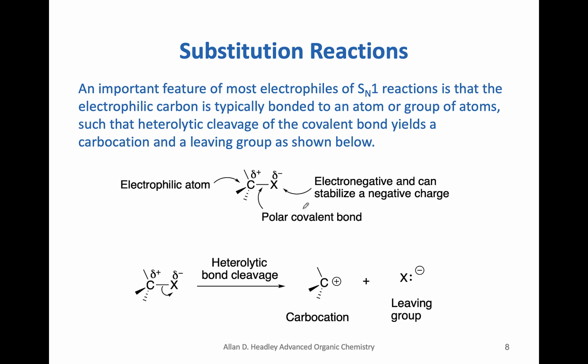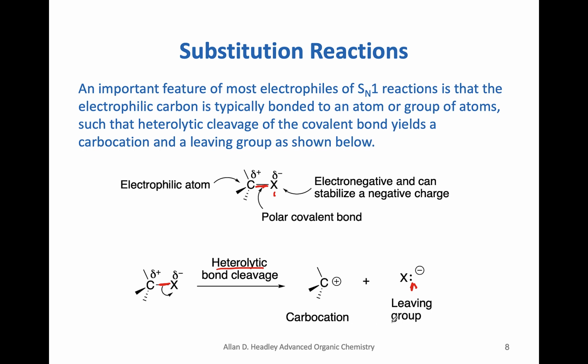So in terms of why this type of reaction occurs, typically we have a leaving group that's electronegative. So this is a polar covalent bond where the electrons are closer to the electronegative leaving group compared to the carbon. So this is partially negative and this is partially positive. That's the driving force for this. So there's a heterolytic cleavage, because we have two electrons going onto the leaving group